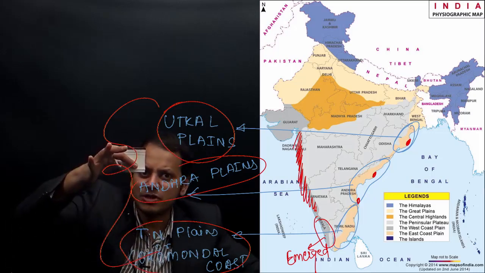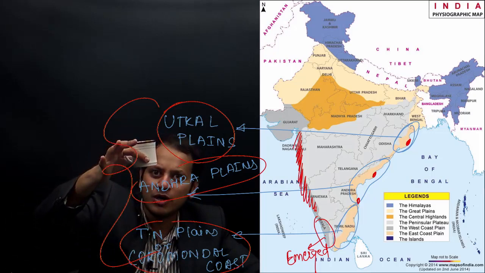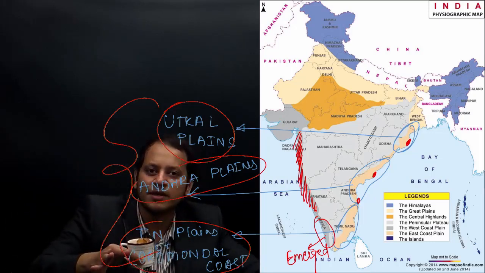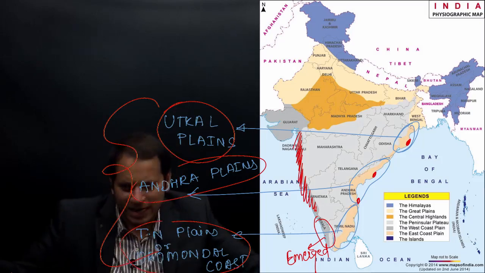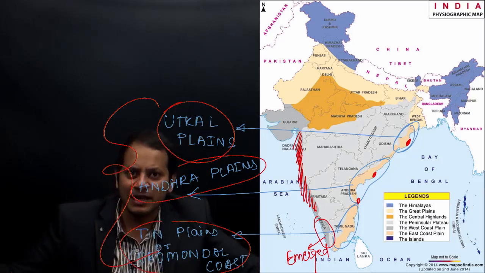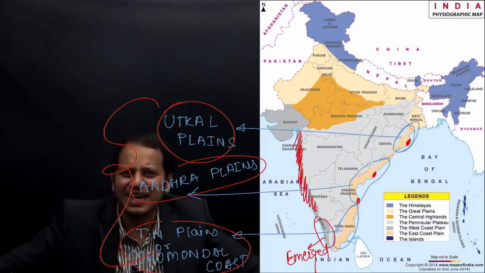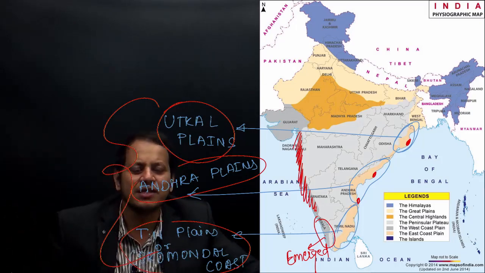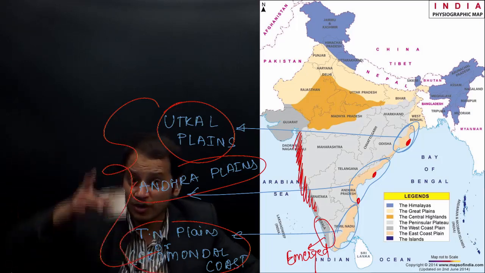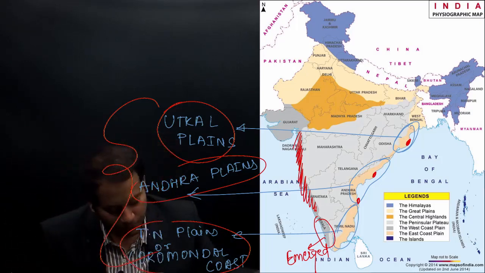While on the submerged coastline, whether this cup is hollow or not, if I put it inside the water, where will the cup lie? Cup will lie at the bottom of a bucket. Can we say there is a lagoon or anything there? No, because cup is at the bottom. Similarly, the land is below the bottom of the sea. We won't say that as a lagoon, but lagoon is on the emerged coastline.